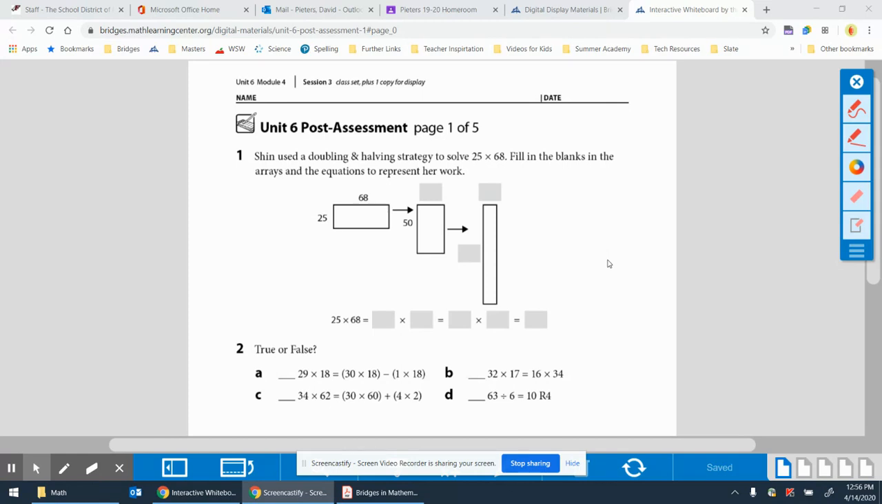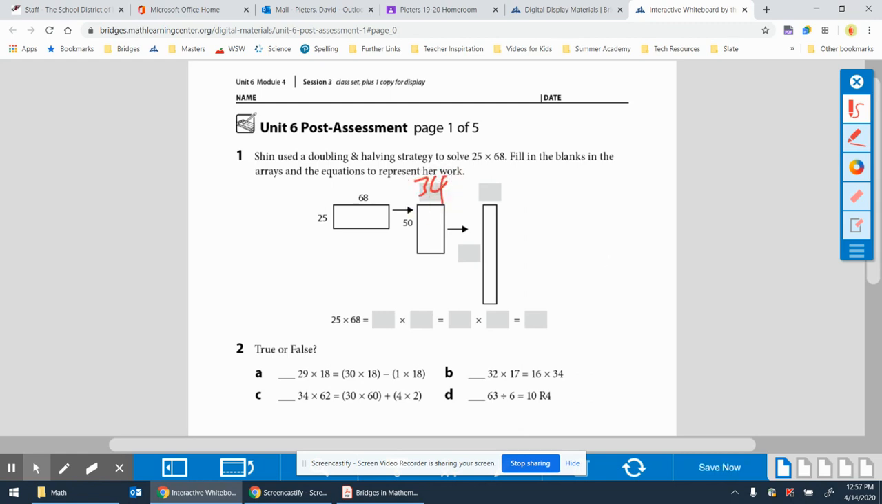All right, so on this first one, it says Shin used a doubling and halving strategy to solve 25 times 68. Fill in the blanks and the arrays and the equations to represent her work. The first thing we want to look at is that she is using the doubling and halving strategy. So one of the numbers is going to get doubled, the other one is going to get cut in half. We start with 25 times 68, and then we move over to 50 times something. The number that got doubled is the 25, so 68 has to get cut in half. Half of 60 is 30. Half of 8 is 4. So this part should be